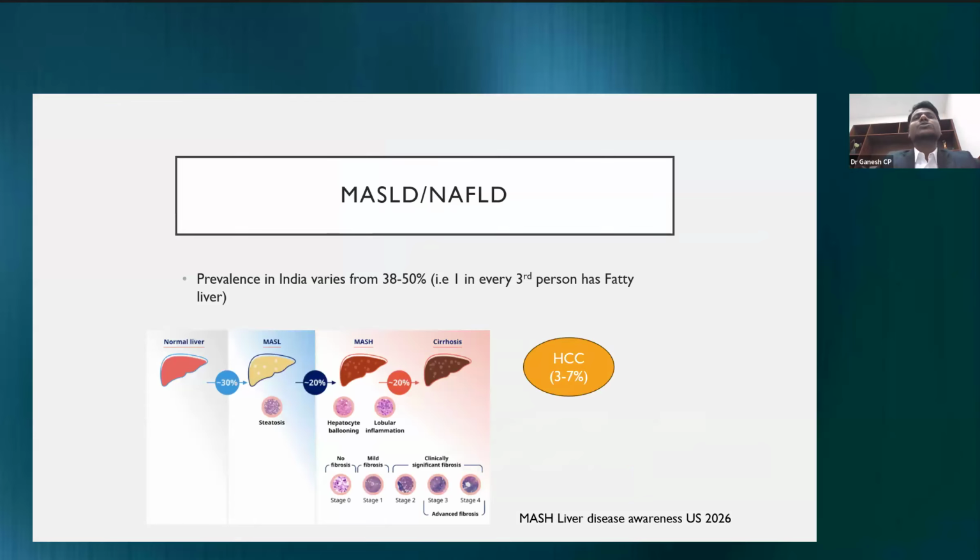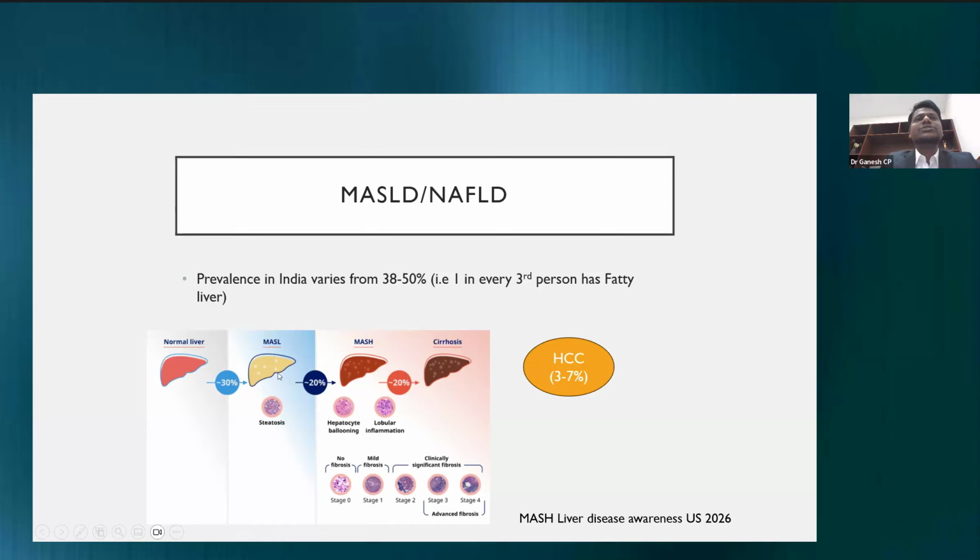So why are we so worried about this disease, MASLD, or non-alcoholic fatty liver disease? Because the prevalence of this disease in India is very high. It is roughly 38 to 50% in the various studies quoted from the northern part and southern part of the country. That is, every third person has a fatty liver disease. So why are we so worried if the patient has fat in his liver? Because as I said, the prevalence is roughly around 30%. But out of this 30%,